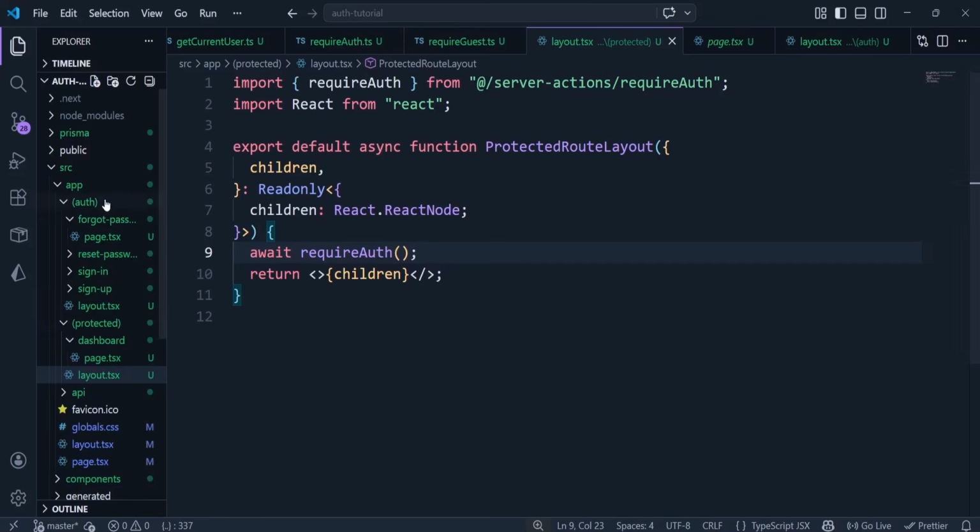You can see right here that when we're at the home page, we do not see anything, because right now we do not have any content in the home page. We only have content in the dashboard page. We only have content inside this group route right here, this auth and this protected. Now, this is basically going to be your home page, okay? The landing page where users can just visit. So when they are logged in, they're going to go to the dashboard page, and when they are not logged in,